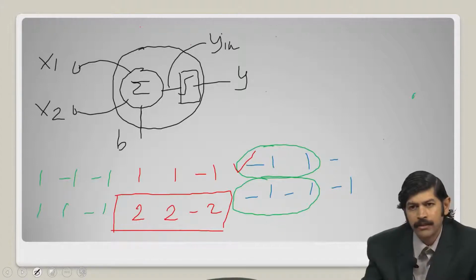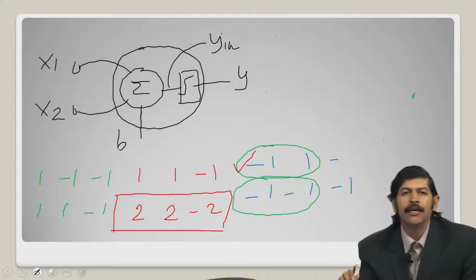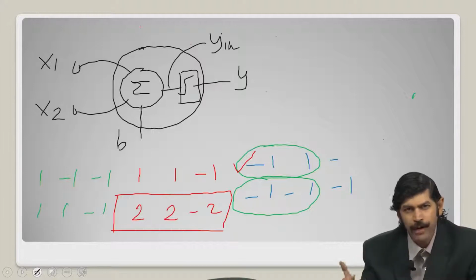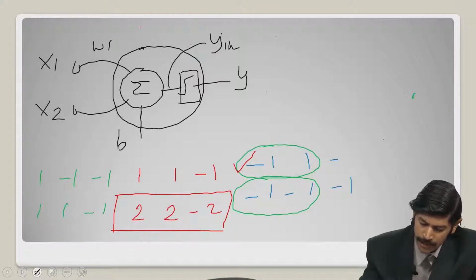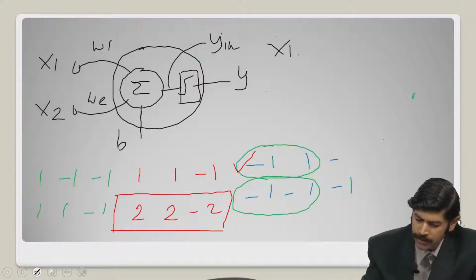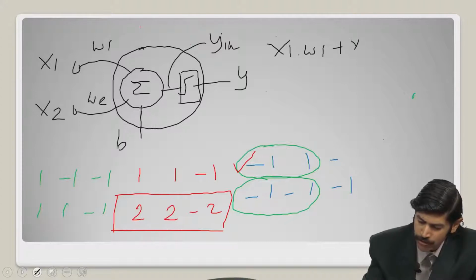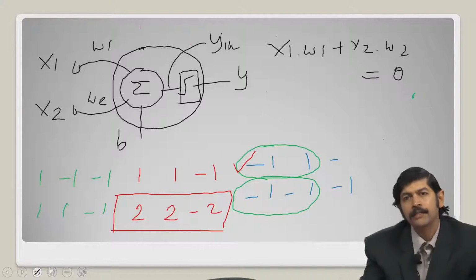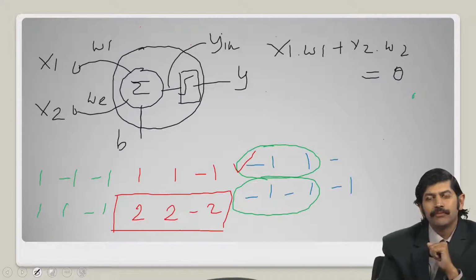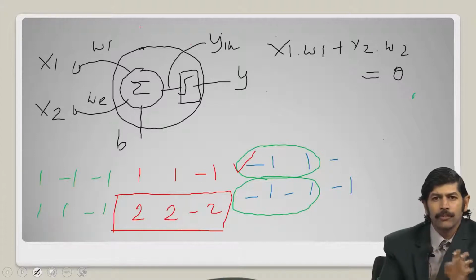Please understand that bias has a very special meaning, but at the time of studying multilayer perceptron we are going to bring that concept up once again. At this point in time the viewers can understand that if I do not have bias in my system, then the mathematical equation of my system will look like this: x1 into w1 plus x2 into w2 is equal to theta, and then I have to keep changing the theta value, plus 1, plus 2, minus 1, minus 2, depending upon